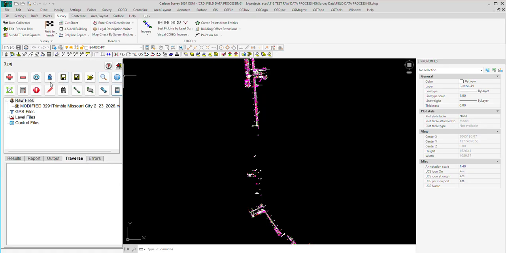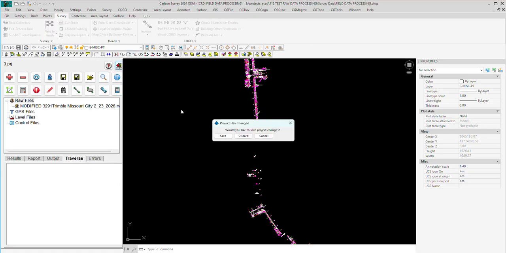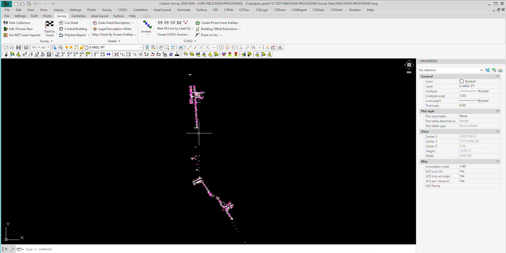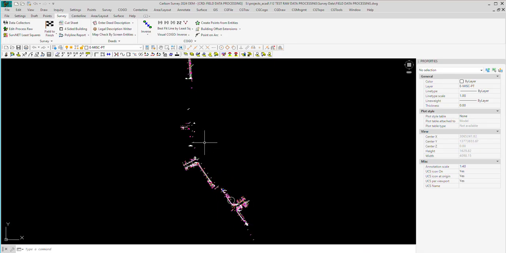So we can just close that. I just want to show you how that works. And then hit this exit button. And we're going to save the changes. And then we're back in the file. Last thing I'm going to show you is how you can edit your